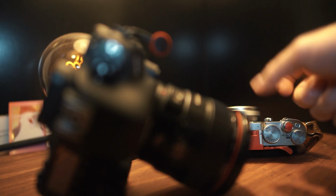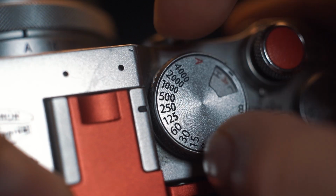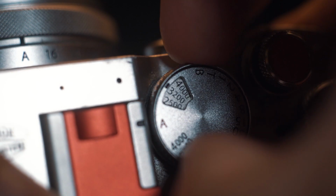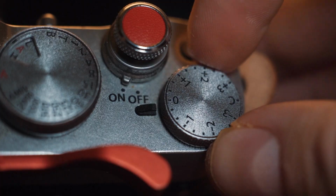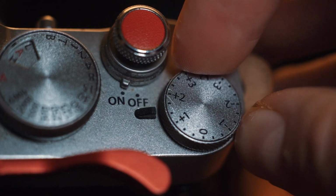If you want to be in control of everything, full manual, you just adjust everything. If you want to be in program mode, you just put everything to auto. Aperture priority, you set the aperture to whatever value you want, and you just leave the ISO and the shutter speed to auto. Alongside that, you also have an excellent clicky exposure compensation dial,